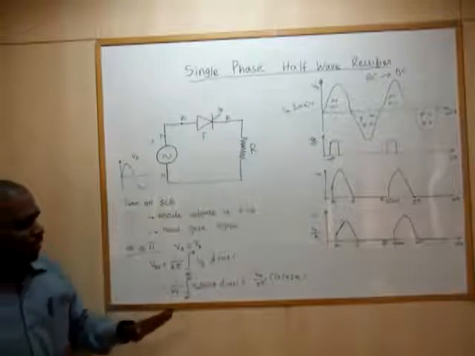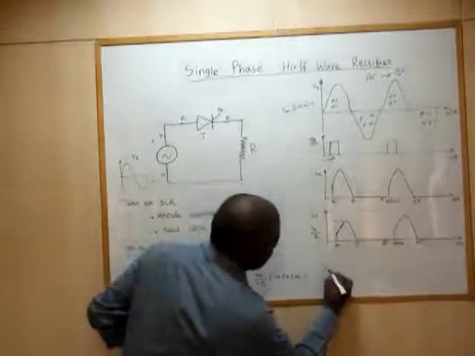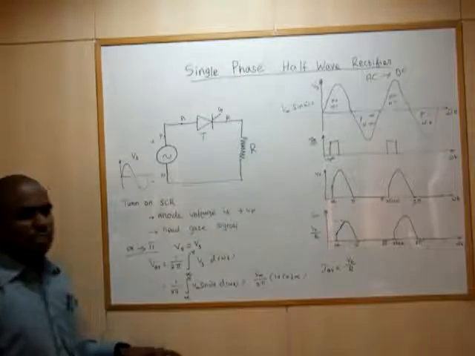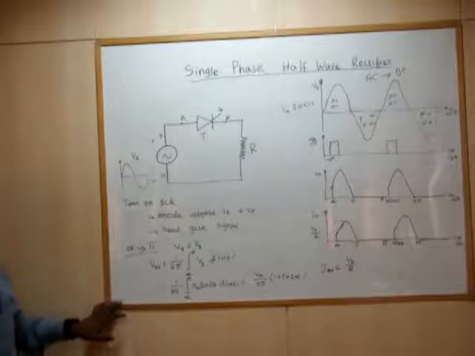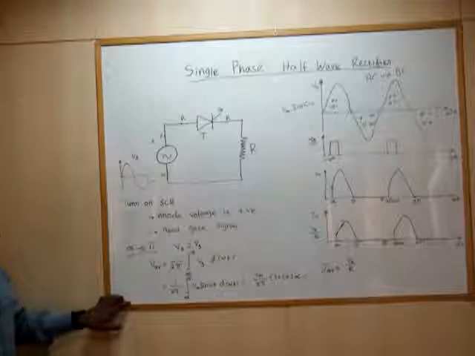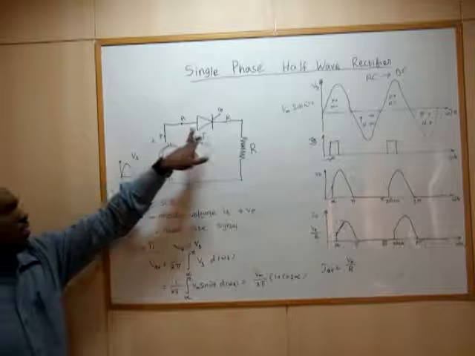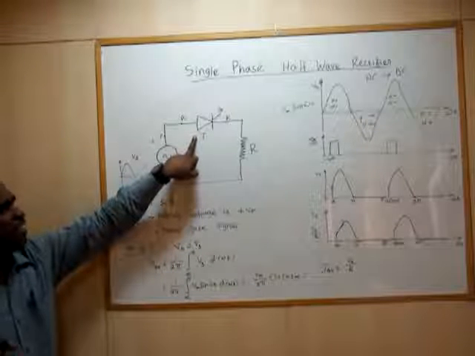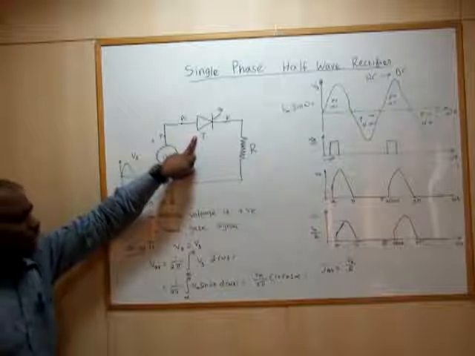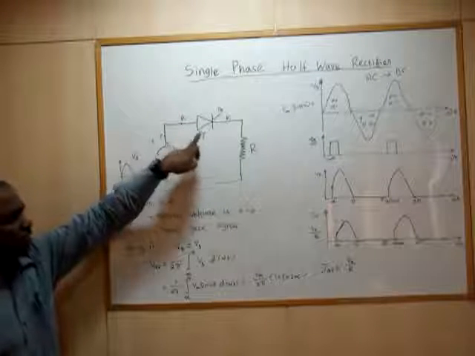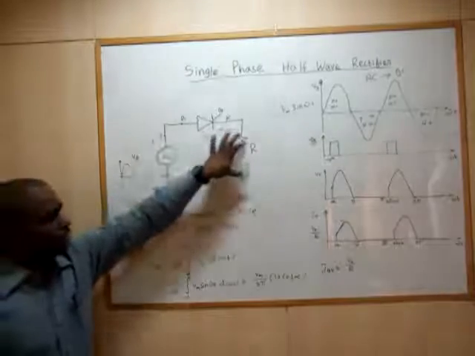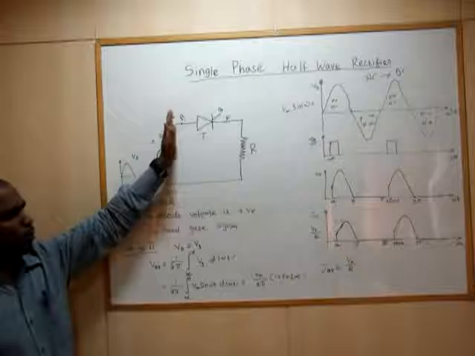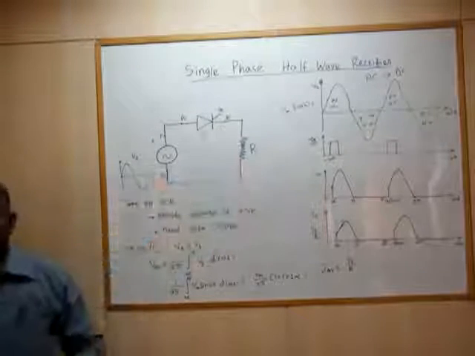Now the average output current I average is similar, V naught divided by R. But as it is a thyristor, it blocks the flow of current until it is triggered. When triggered in the positive cycle, the thyristor is closed and the input voltage appears across the load. In the negative cycle, during reverse bias, it will be open and the output voltage is 0. Okay, thank you.